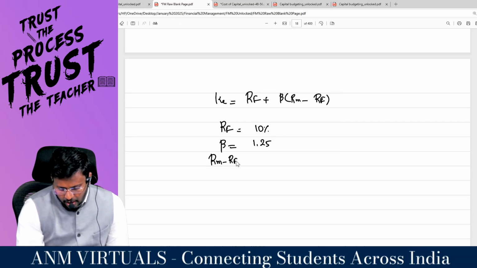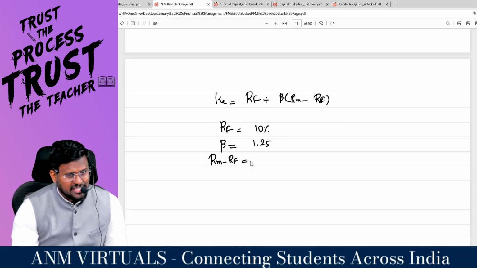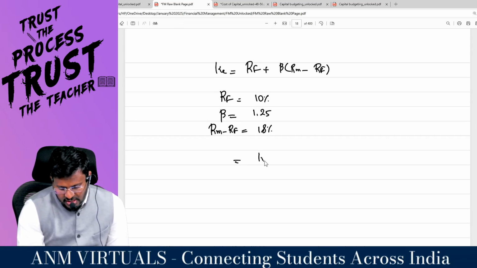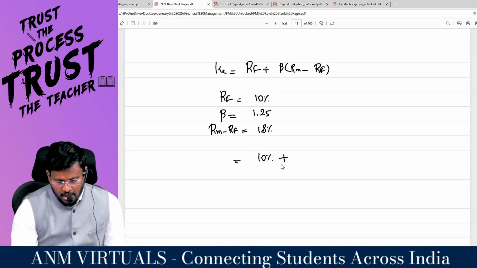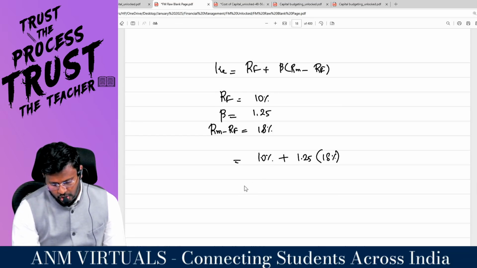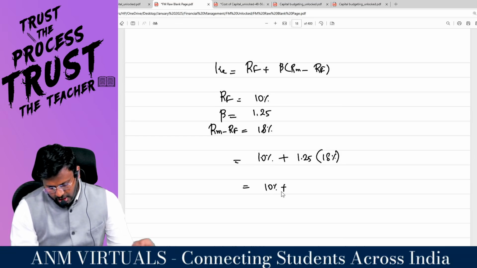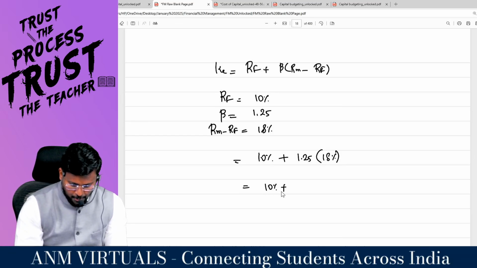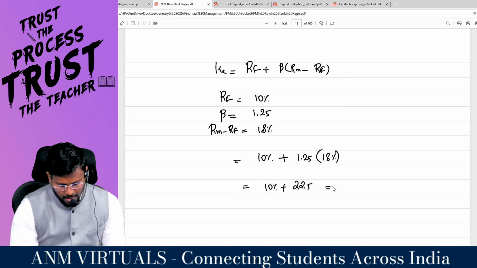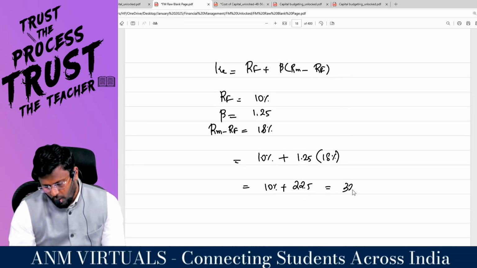RM minus RF, the premium, is given in the question as 18%. Which is equal to 10% plus 1.25 into 18%. That means 10% plus 18 into 1.25 comes to 22.5 plus 10 comes to